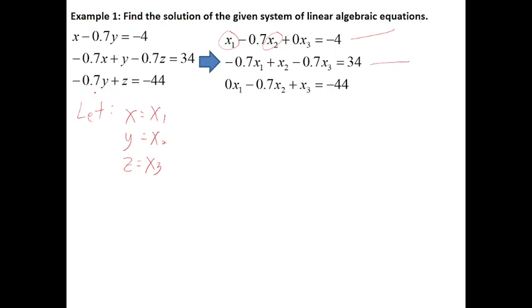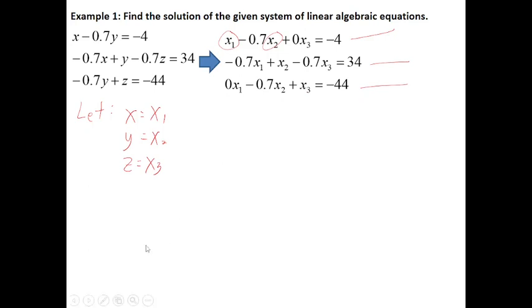So we have x sub 1. As you notice, there's no x here. That means that's 0x or 0x1. Then we have y, so y is equal to x sub 2. Then we have z, that is x sub 3, equal to negative 40. Okay,